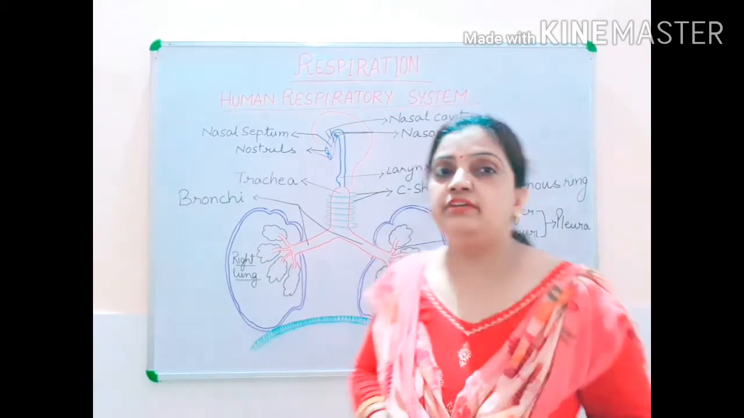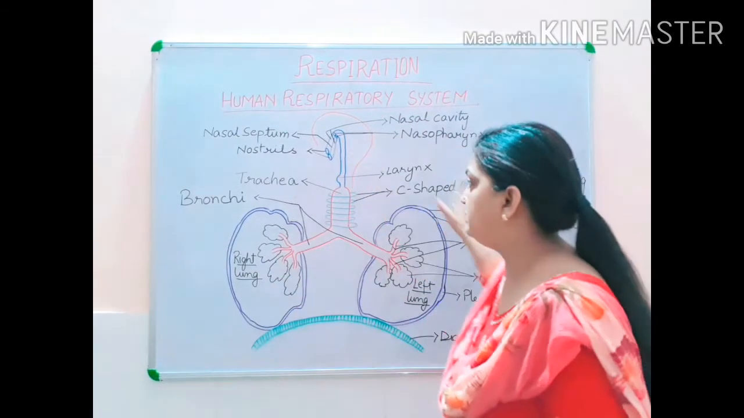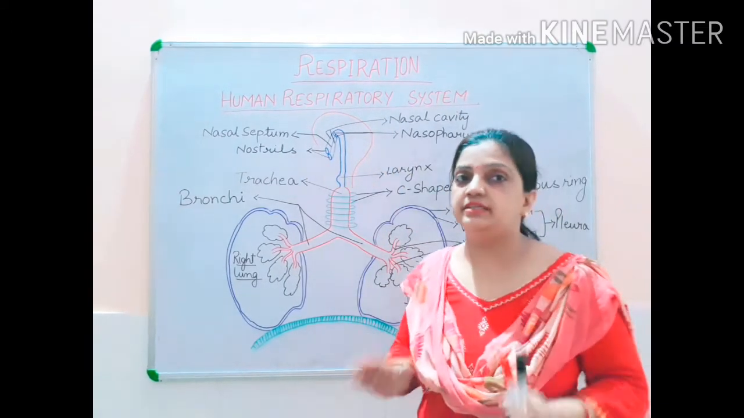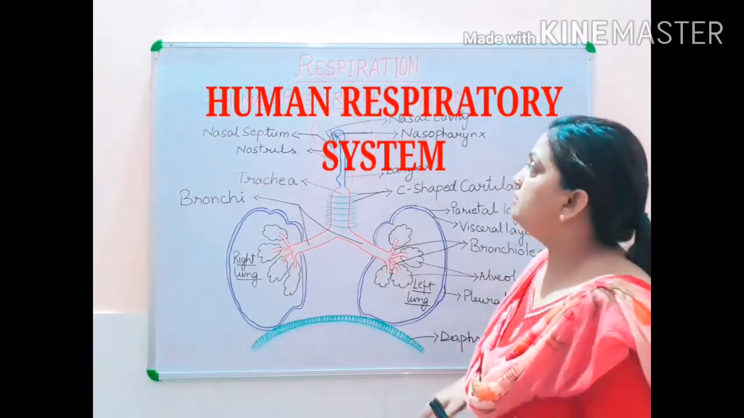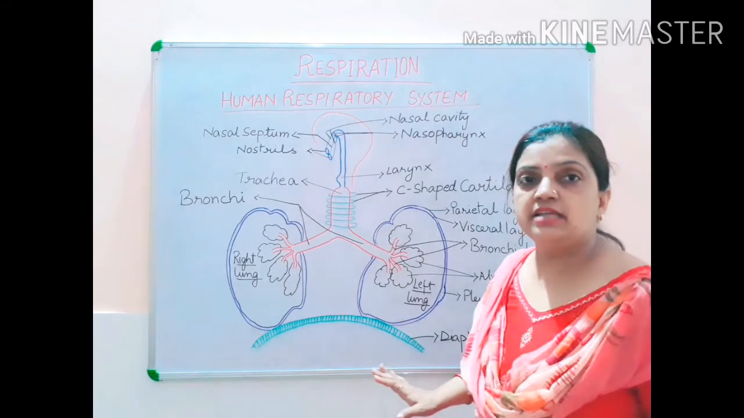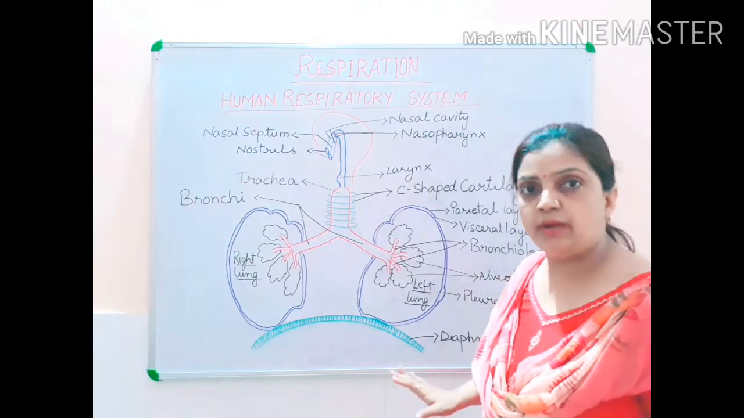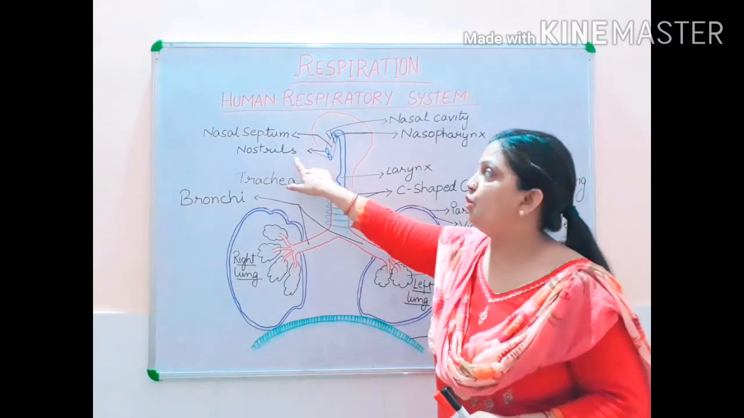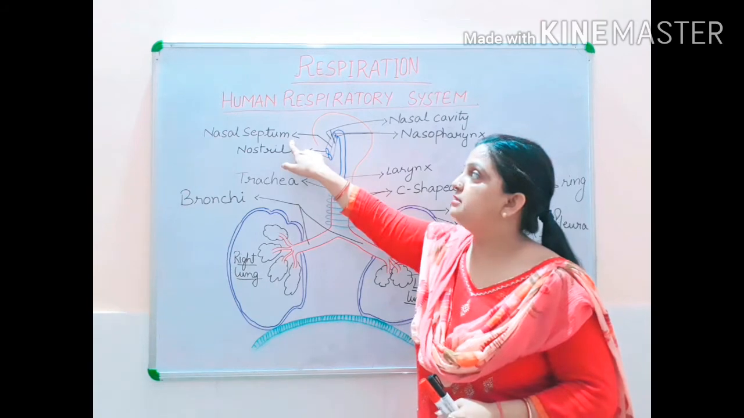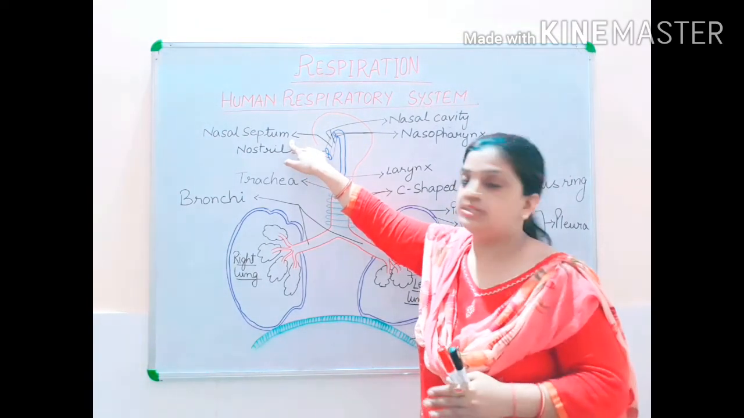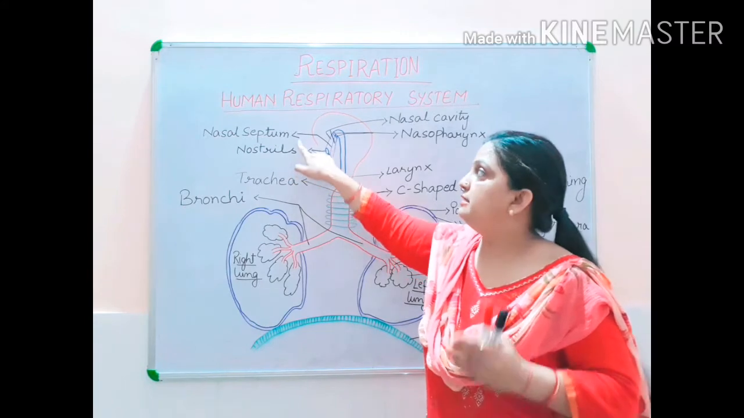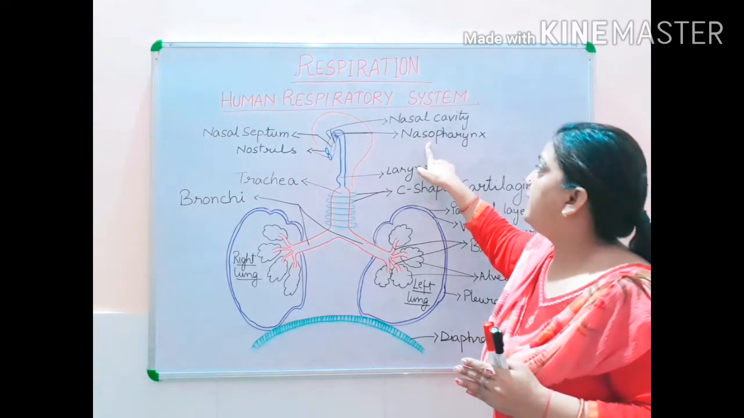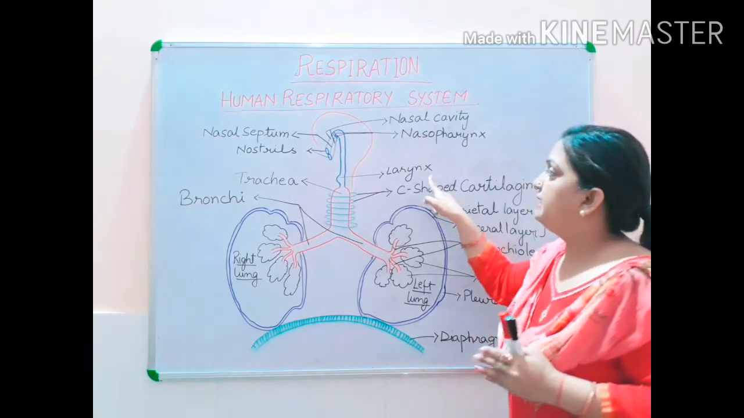Now children, we will be moving on. You can see that I have drawn the diagram of the human respiratory system. Each and every part we will be discussing one by one in detail. First, I'll say all the names of the parts which I have written on the board. I have written nostril, then nasal septum. I will go serial wise: nostril, nasal septum, nasal cavity, nasopharynx, then larynx,